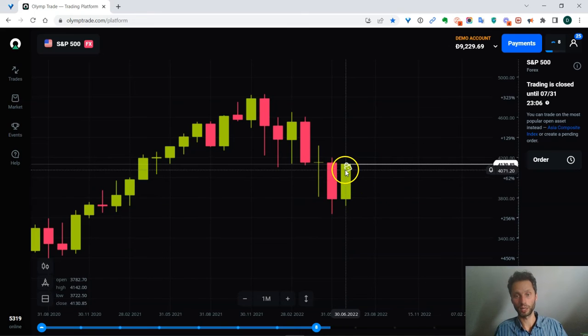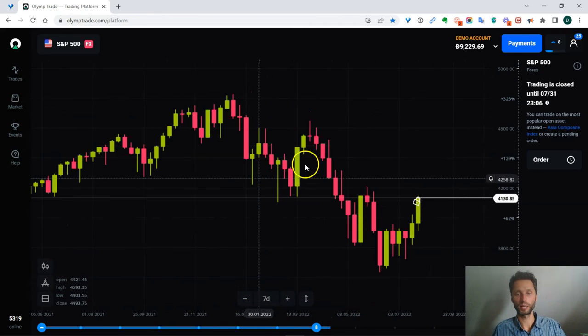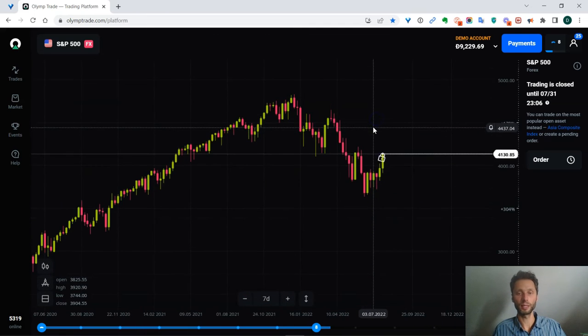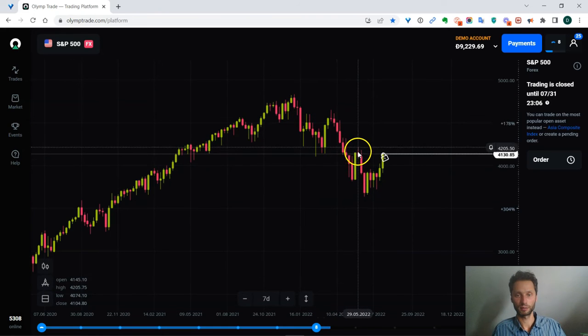month, I should say July, ended up as a sort of harami pattern inside the month of June, and that would indicate perhaps a little bit of bullishness. However, still bearing in mind that this is overall bearish. That's what I can see, at least for the moment, unless we have a sign otherwise. So I'm going to look at the weekly now, and the weekly, what I see is this again, lower lows,